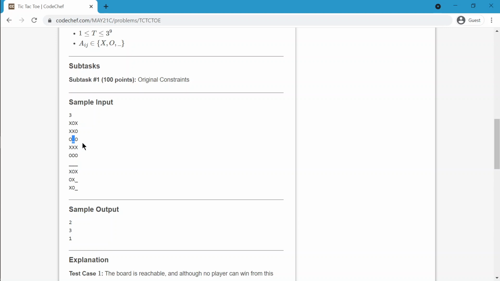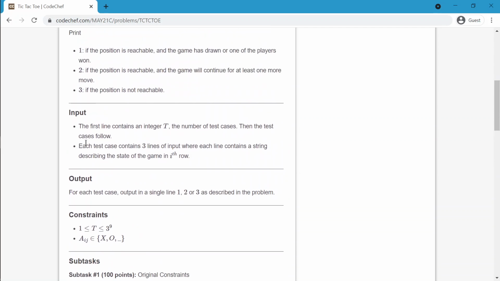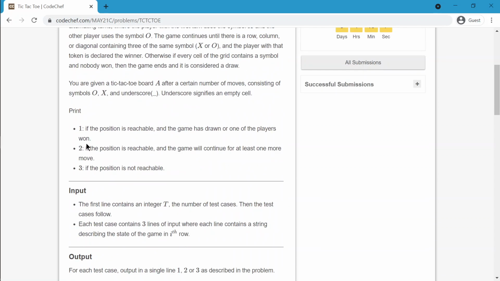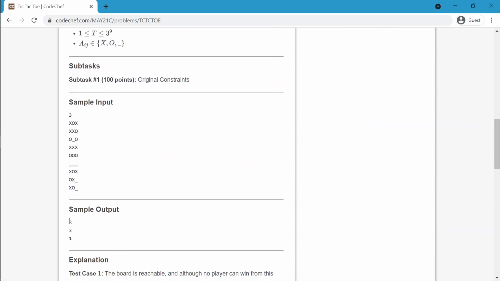Here only one cell is left and it is going to be a draw. So what will be the answer? The game will continue for at least one more move. Okay, so one or more cells are empty and nobody has won, then you will print 2. The answer here they have printed is 2.